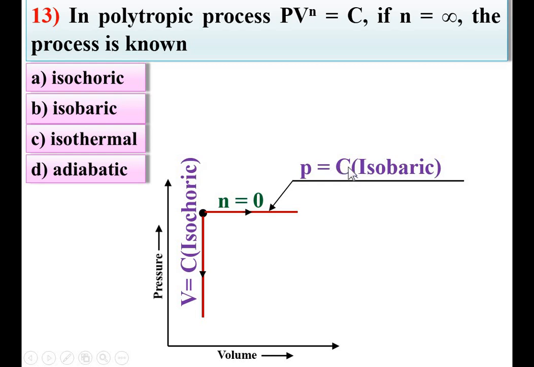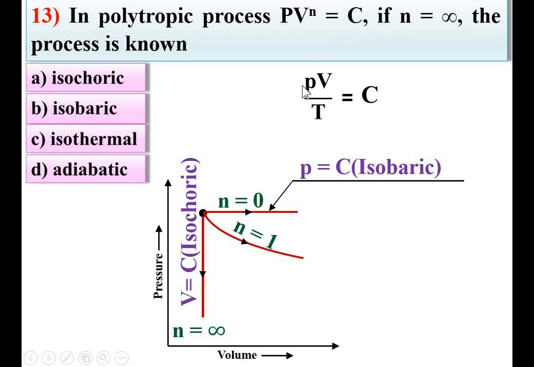You know that for the isobaric process, if I put n is equal to 0 over here, then V raised to 0 is 1. That means P is equal to constant. That means pressure is equal to constant. So for the isobaric process, n is equal to 0. If I put over here n is equal to infinite, then P is ignored compared to the volume. And so I can say volume is constant. So for the isochoric process, n is equal to infinite. Now consider the another process. If I am going to increase the value of n from 0 to 1, then you know that n is equal to 1 over here, then it is PV is equal to constant.